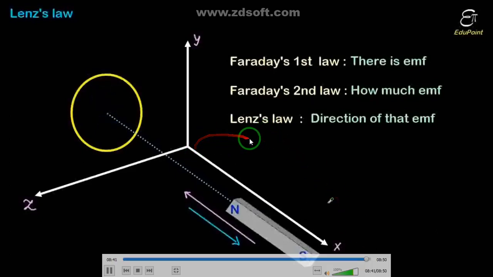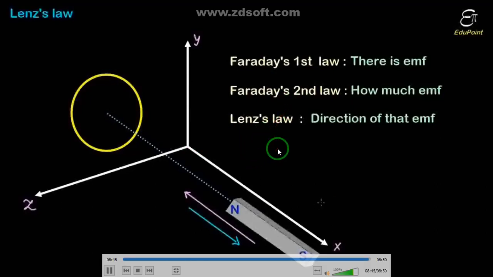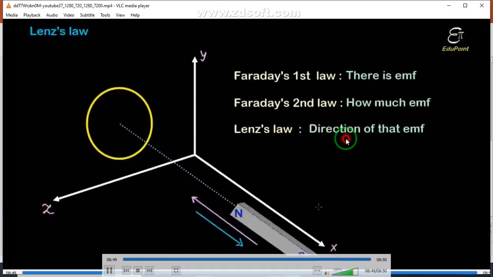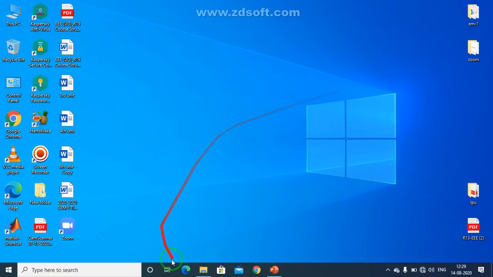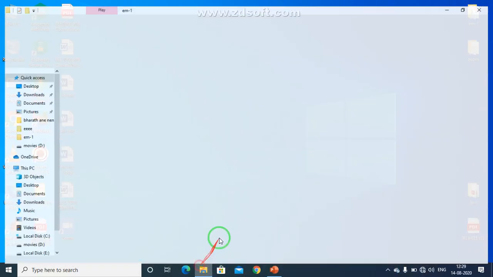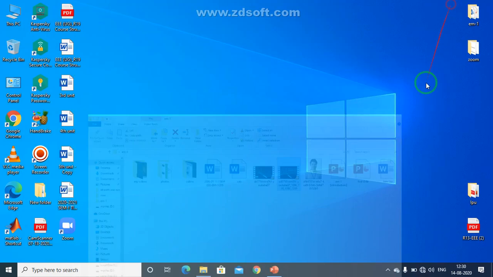Now we can move towards another law, that is Ohm's law. Ohm's law is nothing but, in this video we will discuss Ohm's law. For the next video we will discuss